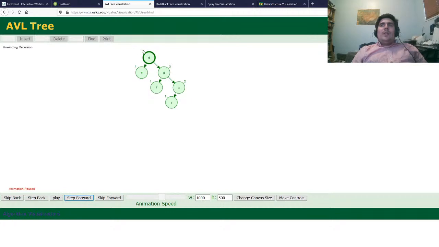But again, we don't care about the height where we are. We care about the height of the two children. Now, what happened here? What happened here is that,